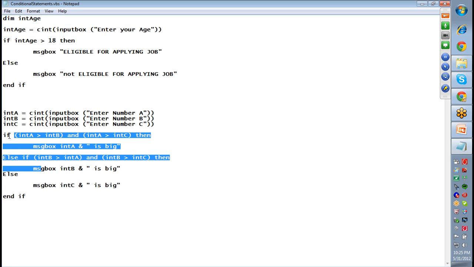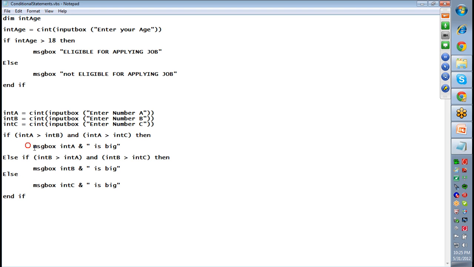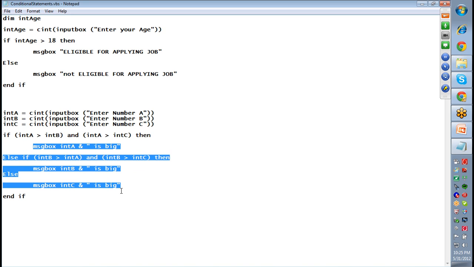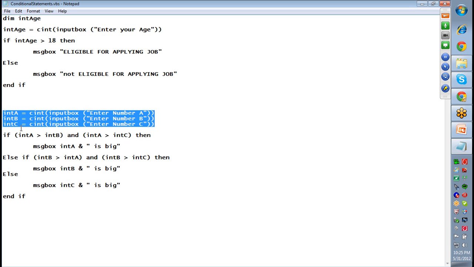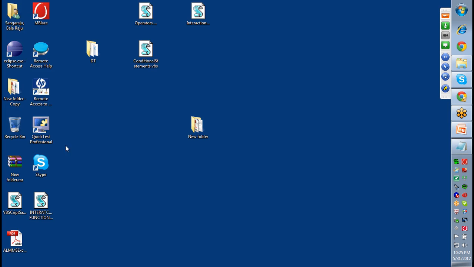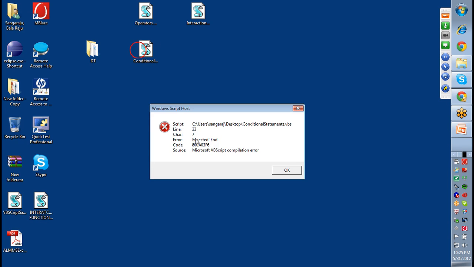So this is how you can come up with your nested if. How many ifs you use is not a problem, but from the multiple branches of statements, only one branch gets executed. Here I have put three branches, so depending on the data you pass, one branch of statements will get executed. Okay, if I execute